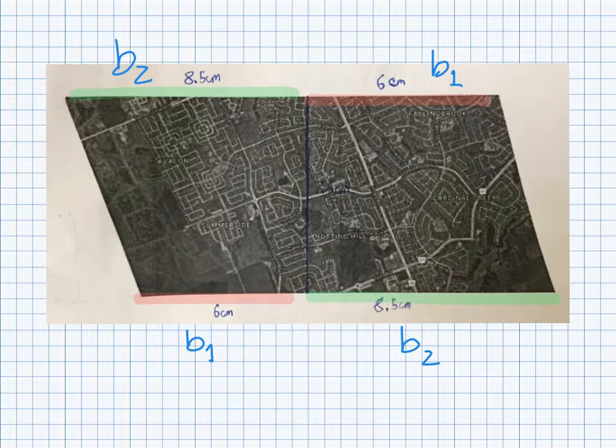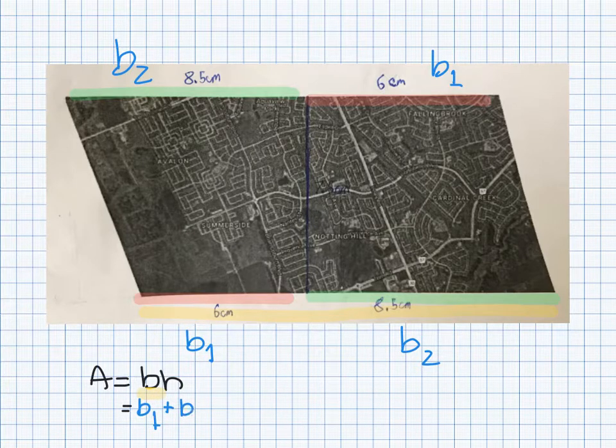Okay, let's find the area of our whole parallelogram. Right, to find the area of our whole parallelogram, it's base times height. The area of our parallelogram is that entire base times its height. And that entire base is made up of base 1